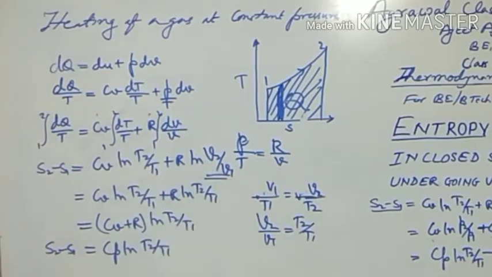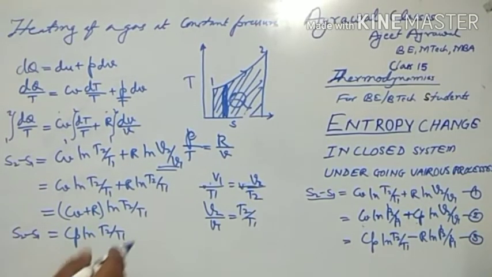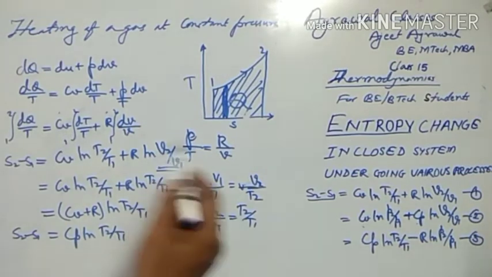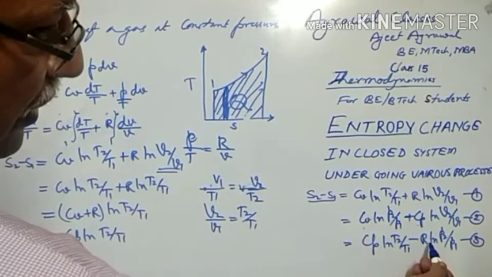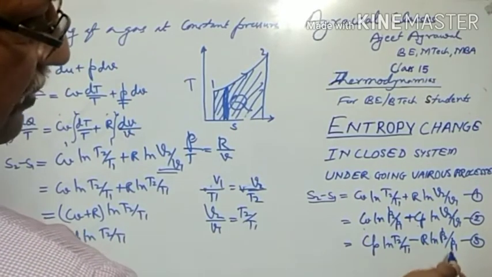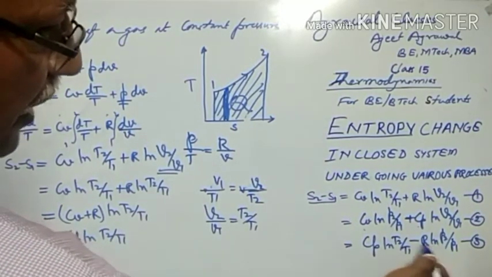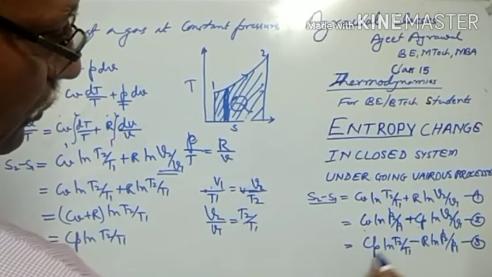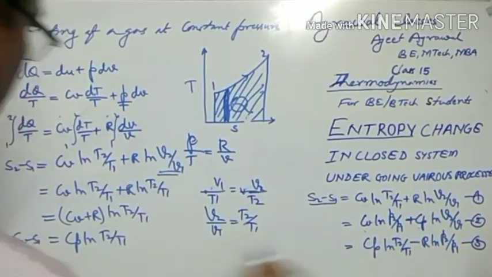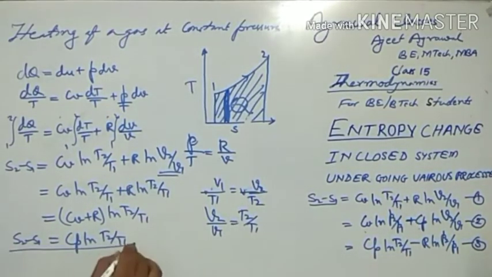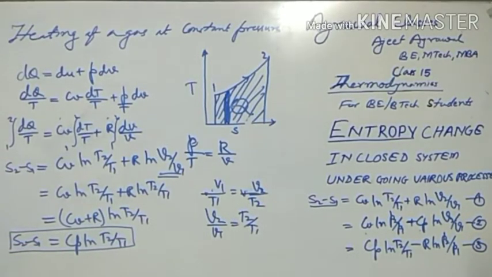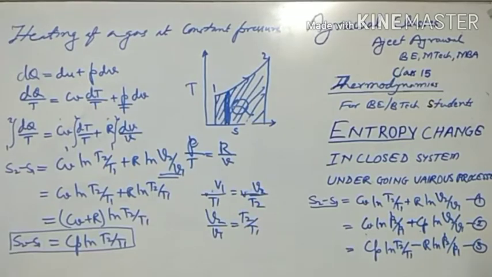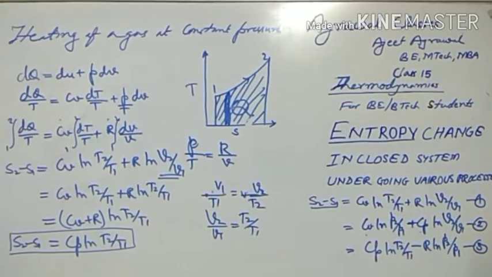If we go again for the general process, here we are having T2 and P we don't need. So in this equation we will take P2 by P1, as it is constant, so it becomes 1, and log 1 is 0, so it becomes Cp log of T2 by T1. So this is the equation we are getting. Change in entropy is given by Cp log of T2 by T1.